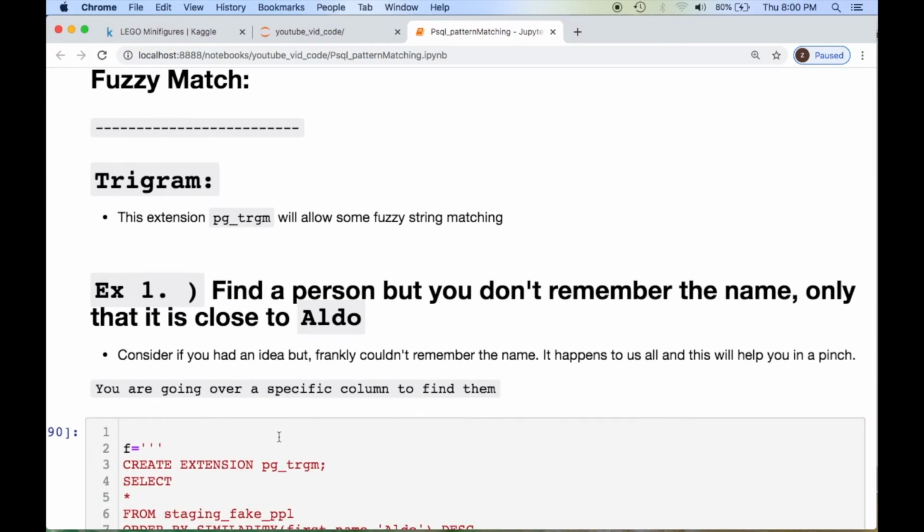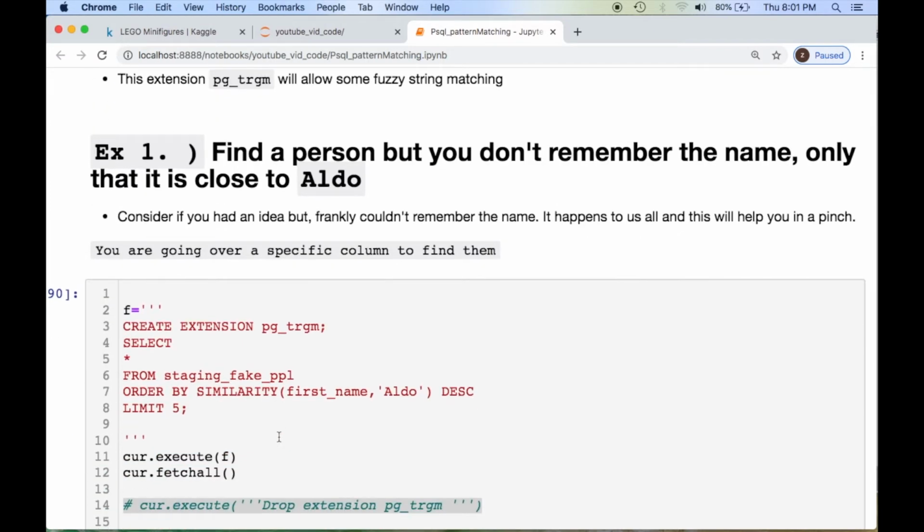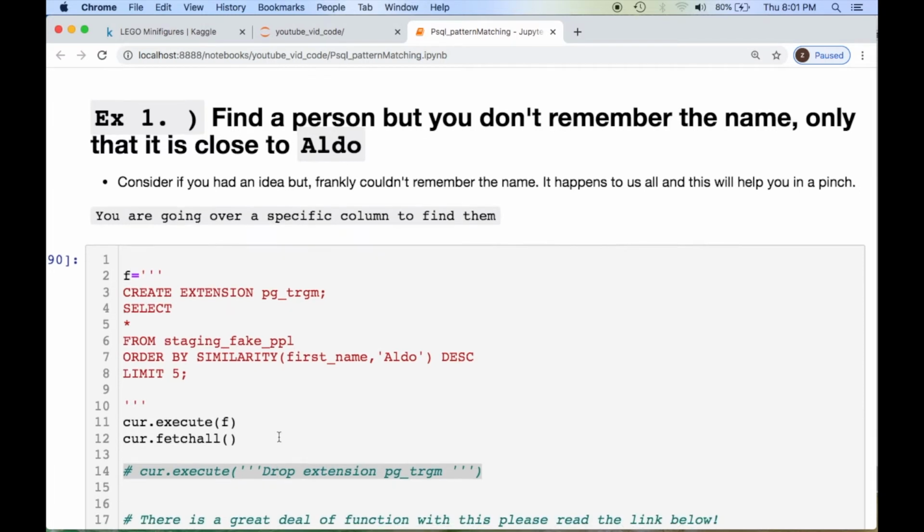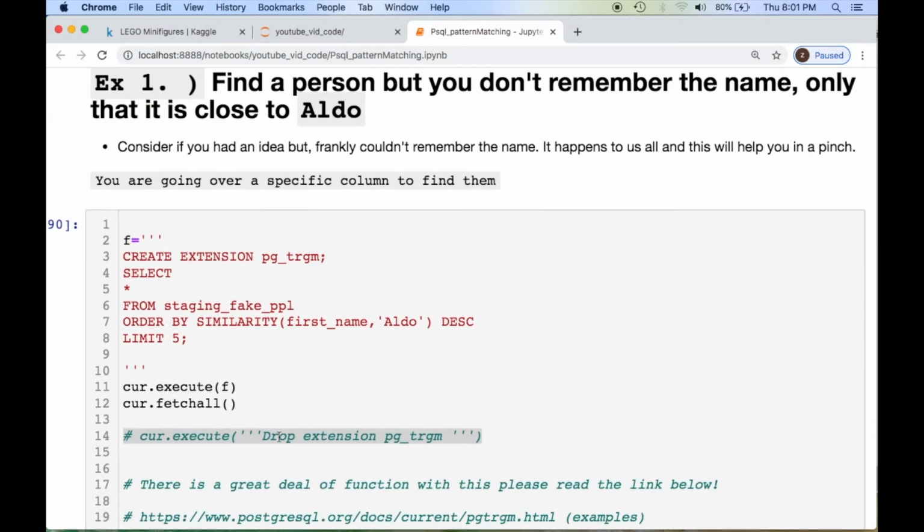Something that's pretty useful is like fuzzy matching of strings or things like that. So the first thing we're going to look at is an extension called trigram, and that's allowing you to do some string matching, and it's working on, I think it's 3 consecutive characters next to each other. So let's say that we're looking for a person, but we're not really sure, but we think that their name is like something like Aldo or something like that, right? You're like, I don't remember, man. I'm busy. Somebody called for some business or something I need to look up.